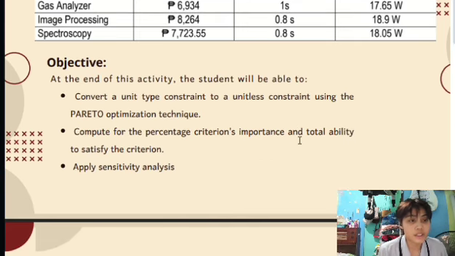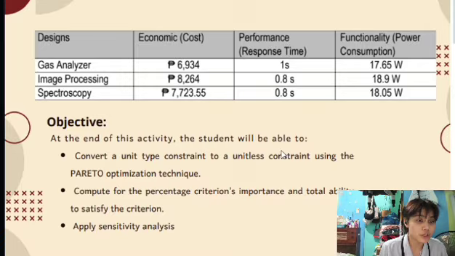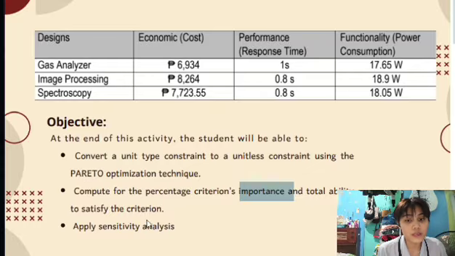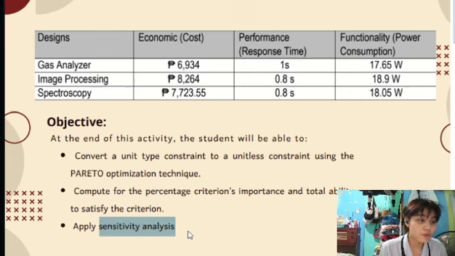A Pareto is a multi-decision criteria that converts different units into normalized scores to enable fair and objective comparison. So, this method identifies solutions that balance all criteria without overly compromising any. We also assign importance levels to each criterion to reflect their practical impact and perform sensitivity analysis to test if the results remain stable when priorities change.